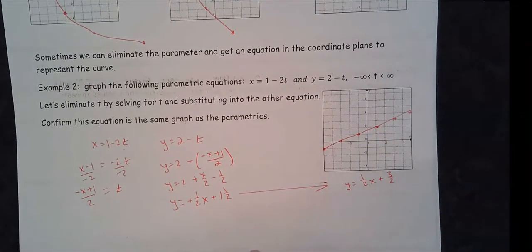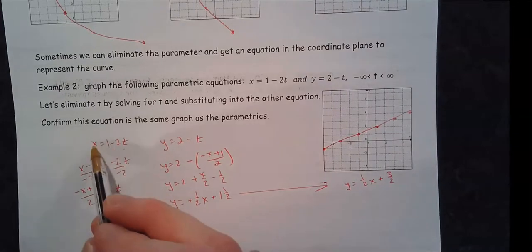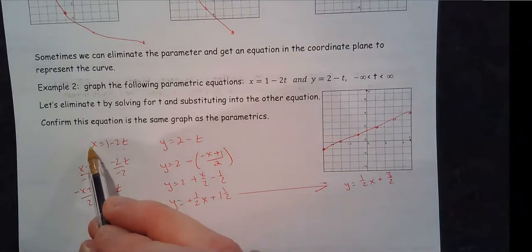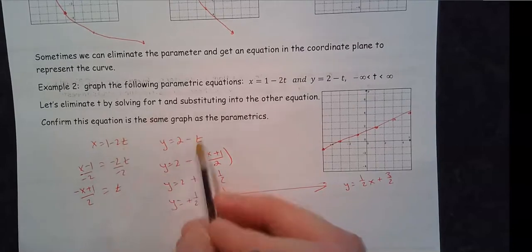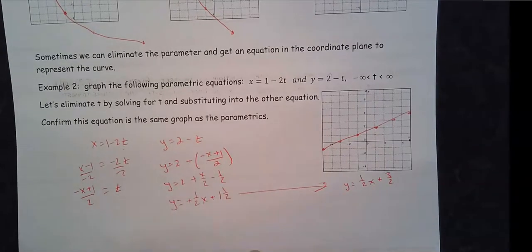Okay. So if you want to eliminate the parameter, take the x parameter and solve for t. I guess t is the parameter, and then plug it in here for that t. So that'll get rid of the t, and you'll get a function in terms of x and y. Okay, so flip this over,